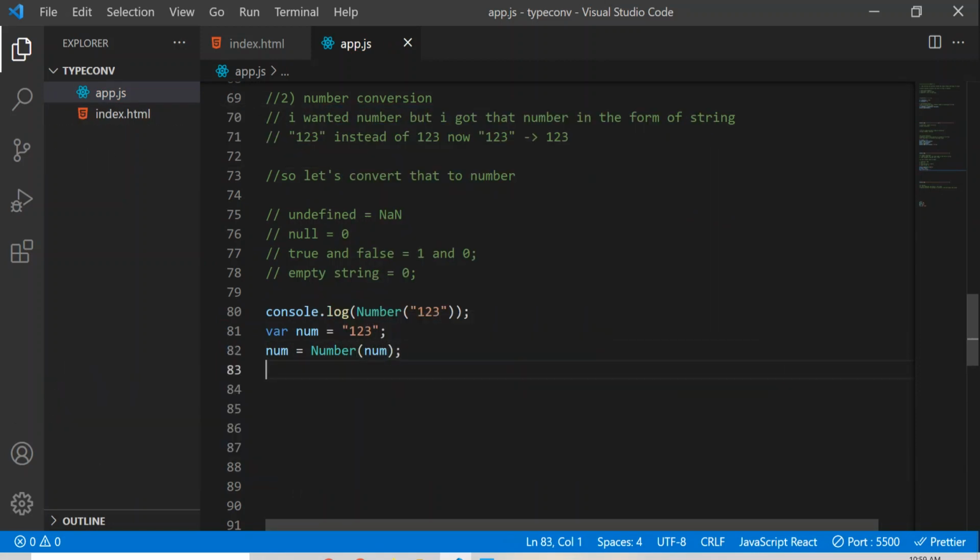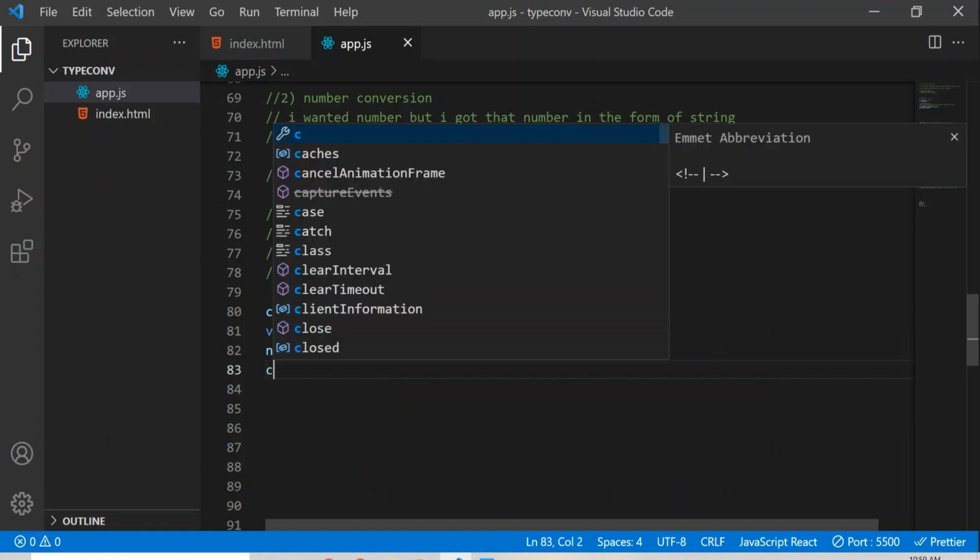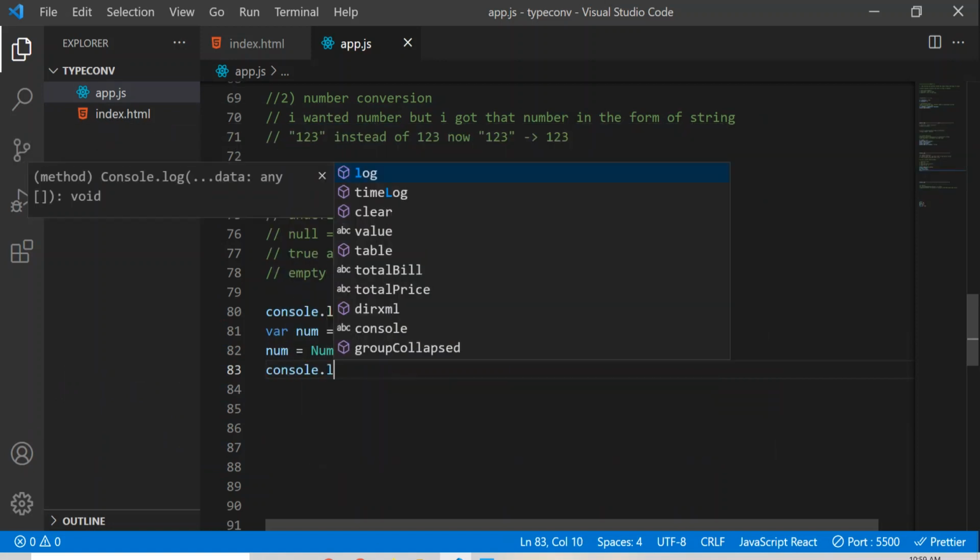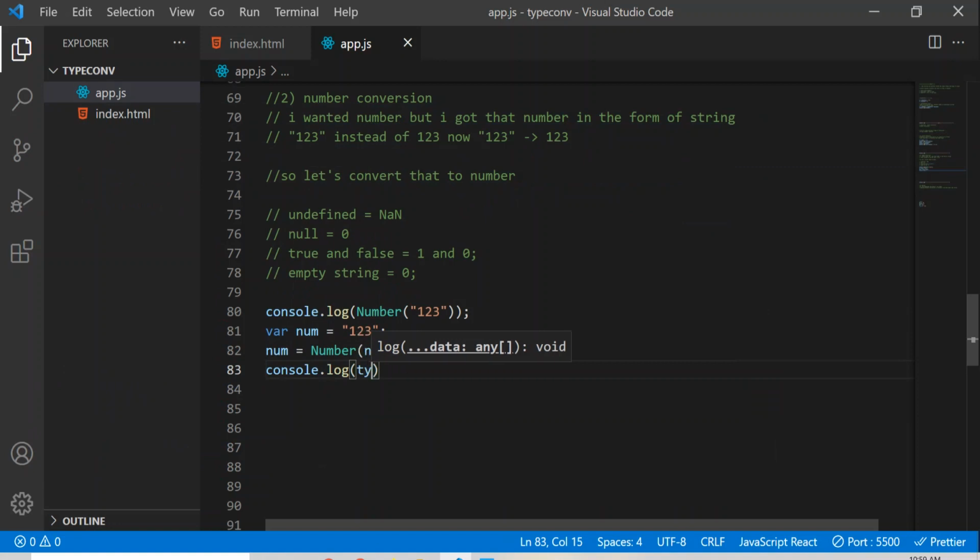Now let's see console.log typeof num. If you see here, this num had the value of string, even though it is 123, because it is enclosed in quotes. It means it is considered as string. Everything that is written inside these quotes will be string only in JavaScript.